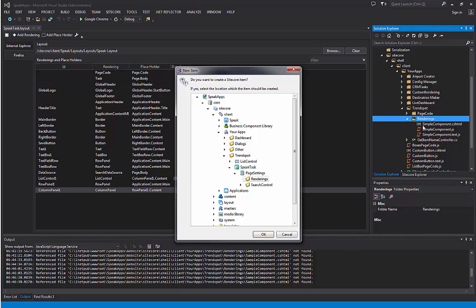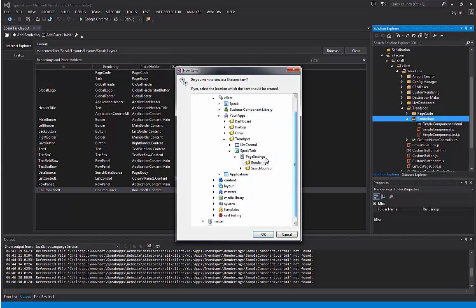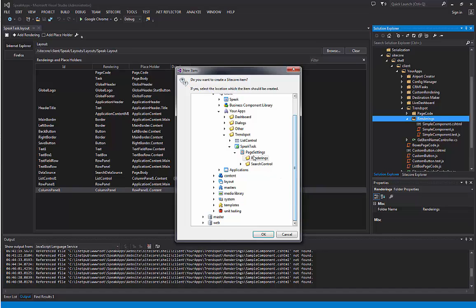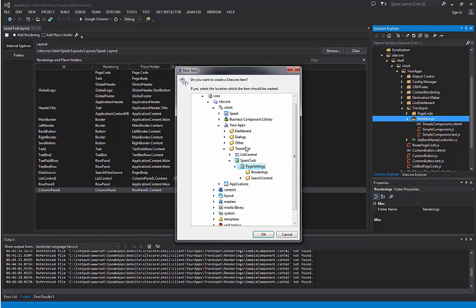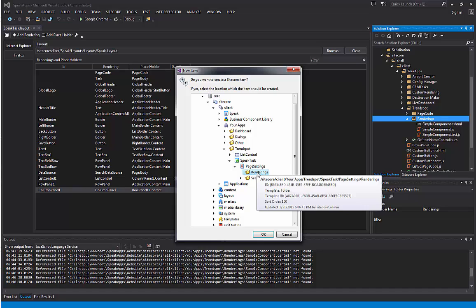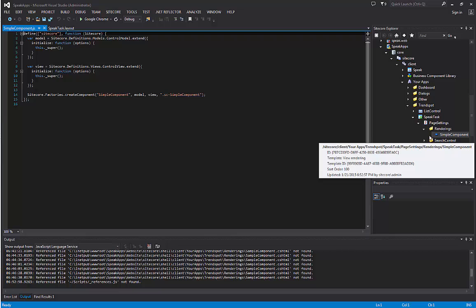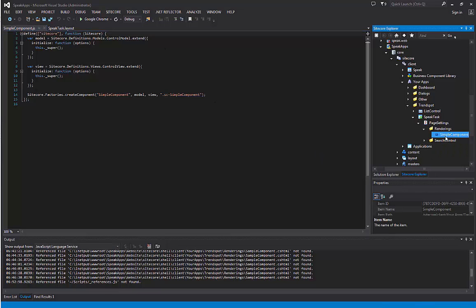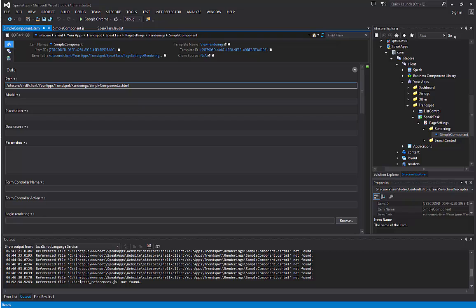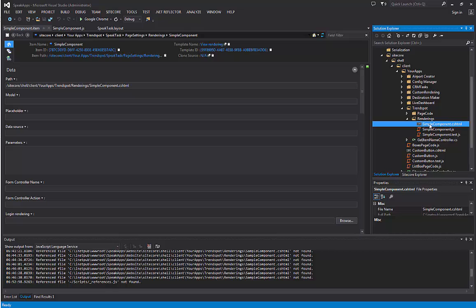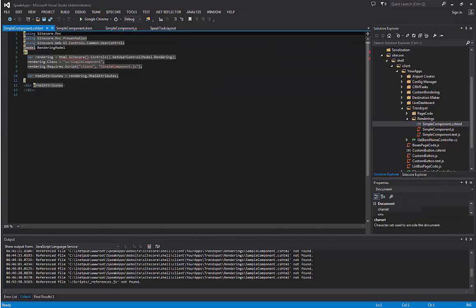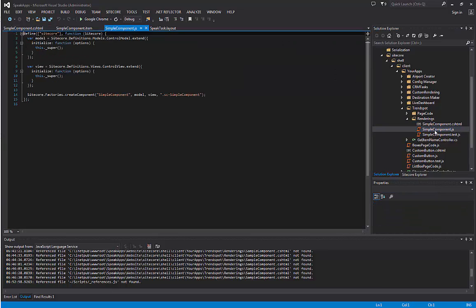Okay, so now CycleRox has created these 3 files, and it has taken me to the page settings folder in Cycle Solution Explorer, allowing me to select where I want to create the actual item, which is a folder here called Renderings. So we'll select that area, and now we have our component item. If we open this up, double click on it and get the properties, we'll see it references a Razor file, a CS/HTML. This is our view, and this view references our JavaScript file,